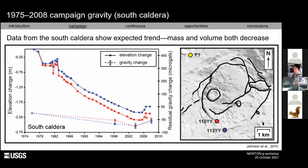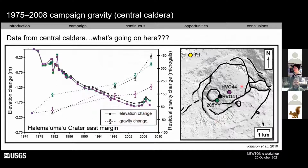And then right in this period right here, towards the end of the time series, we had an increase in elevation due to an increase in magma supply to the volcano. And that had a corresponding gravity increase as well. But if we went into the center of the caldera, we had a slightly different story. So this is stations that are right towards the center of the caldera near Halemaumau crater. Again, we still had overall subsidence with a bit of uplift at the end, but gravity over this time period